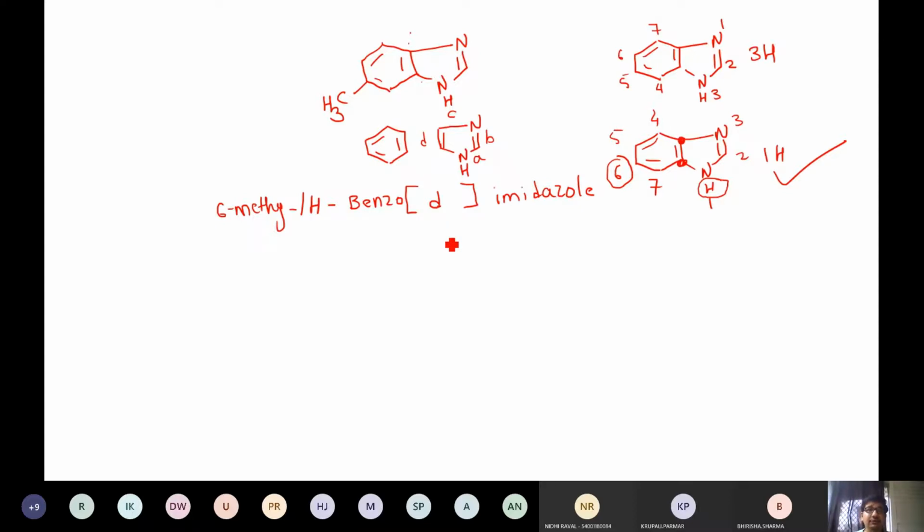So that is how you have to solve these problems. First thing you are going to do is define the bicyclic system, and then you are going to forget about this numbering. Whatever numbering you have given to define the bicyclic system, you are going to keep it aside. Once you have defined this part, you draw the possibilities like this from where you can start the numbering, and then you decide where substituents or hydrogens are present. Is that fine? Let's take one more example of this class.